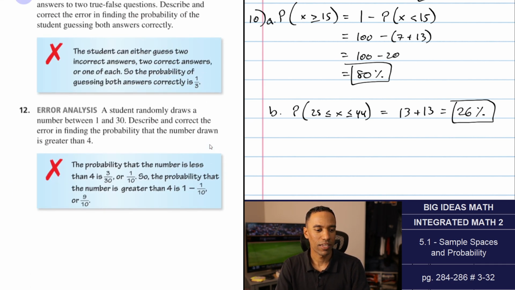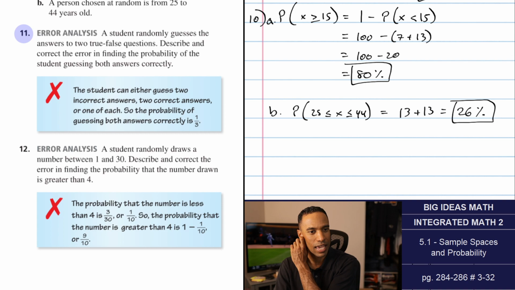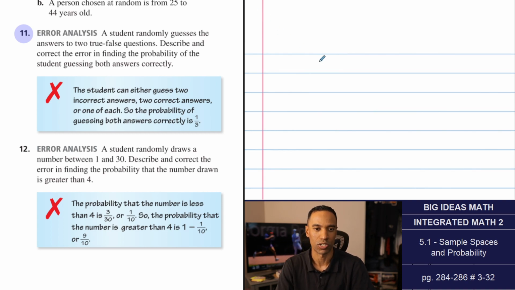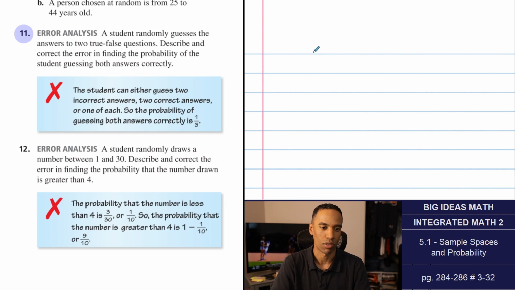All right, numbers 11 and 12, it looks like, are error analysis. Let's look at the first one and see what we want to correct. A student randomly guesses the answers to 2 true-false questions. Describe and correct the error in finding the probability of the student guessing both answers correctly. A student can either guess 2 incorrect answers, 2 correct answers, or 1 of each, so the probability of guessing